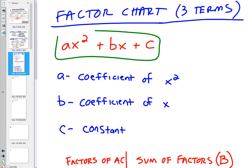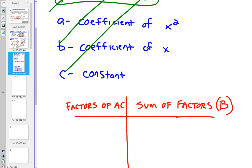And then finally, the main course, the factor chart, right? If we have a quadratic expression that's in standard form, a is the number in front of x squared, b is going to be the number in front of the x, and c is a constant. The way we want to try to factor is, when I say AC, what am I talking about? Not air conditioning. In algebra, when you put two letters together, what are you doing? Multiplying. So get A times C